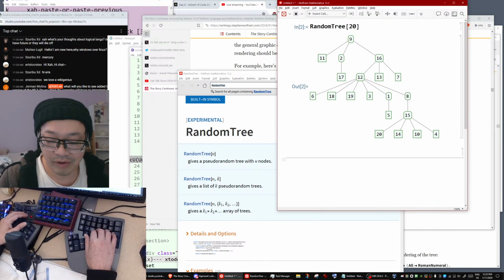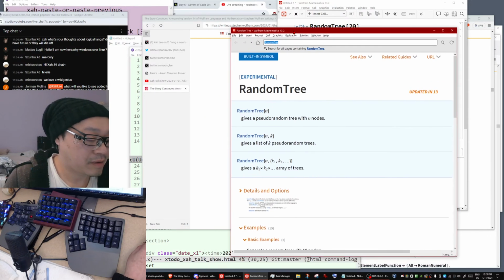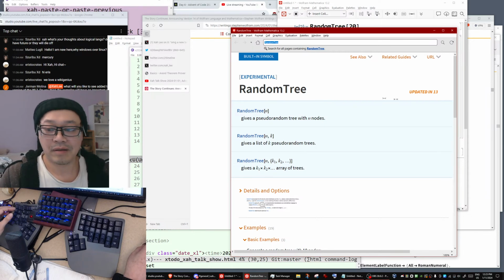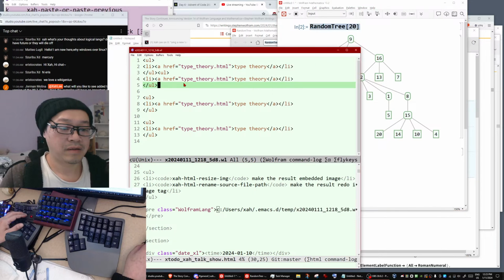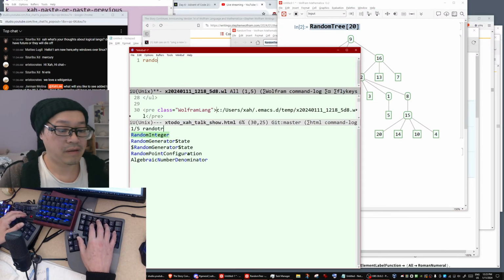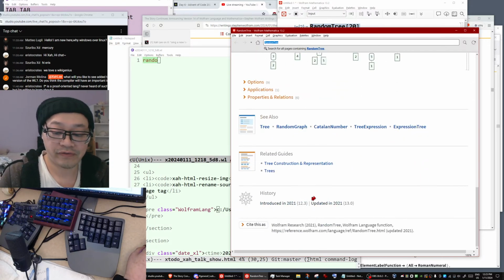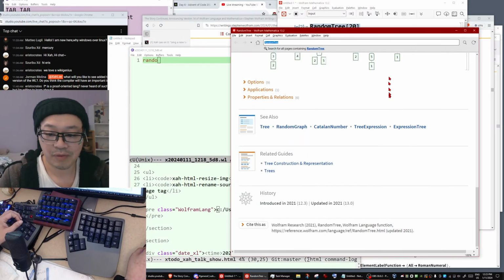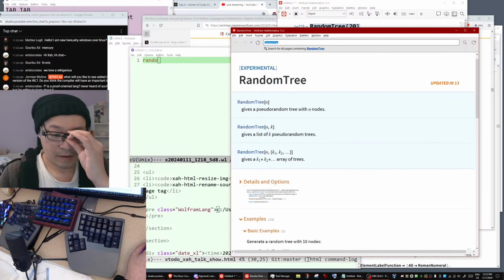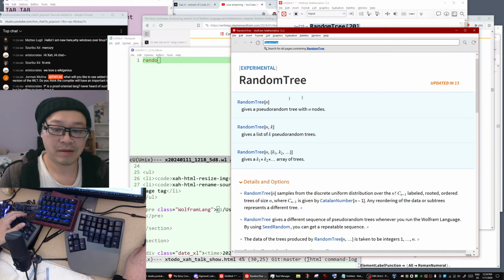So we were going to try to show a machine learning feature. Okay, so let me show that, and that's it. Oh, random tree is actually experimental. Okay, it's interesting. Random tree, what version is it? Random tree came from version 12. I don't have it in my Wolfram mod. Why is it experimental? But anyway, so I want to show